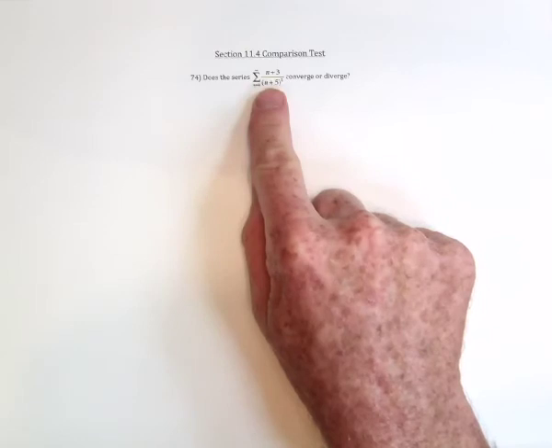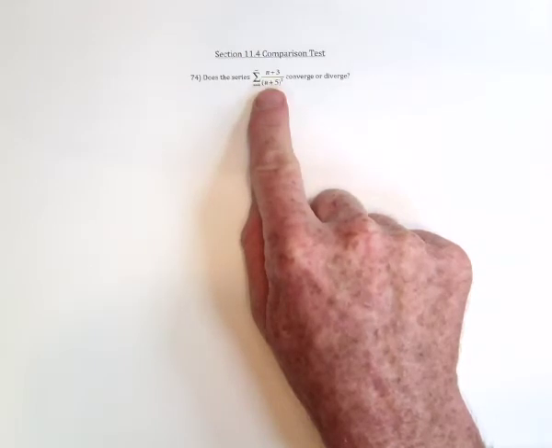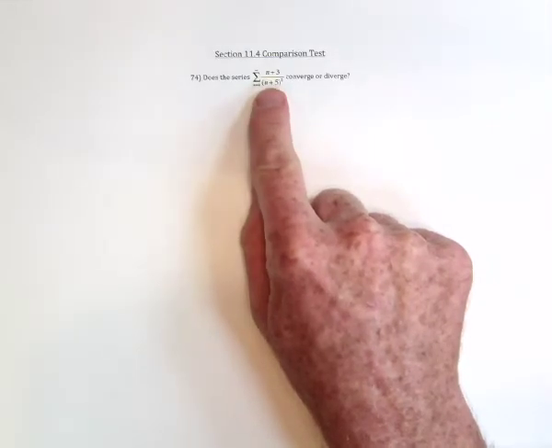The idea of the comparison test is that you take this series, which we haven't dealt with before, compare it with something that we have dealt with before, and see, is this one bigger than the one that we know about, or is it smaller than the one we know about? Well, to get an idea as to what we should be using, what I do is say, well, this one right here, you can approximate that by using